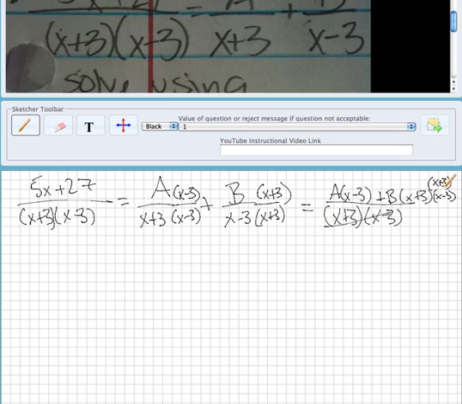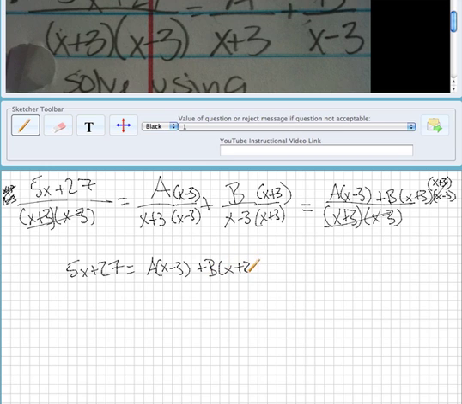That cancels out with that, and that cancels out with x plus 3, x minus 3. So our equation we get is 5x plus 27 equals a times x minus 3 plus b